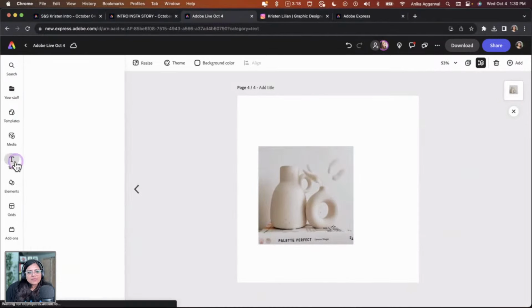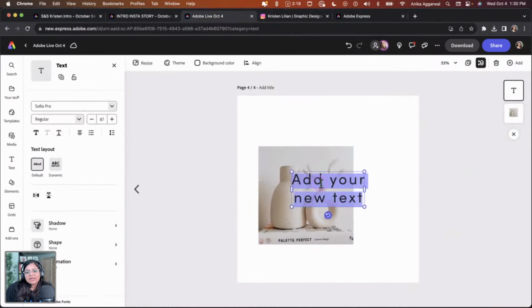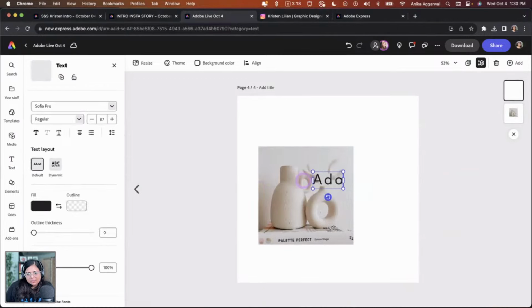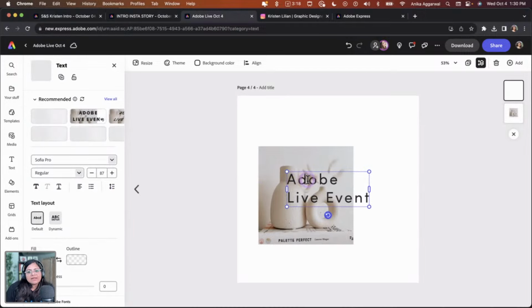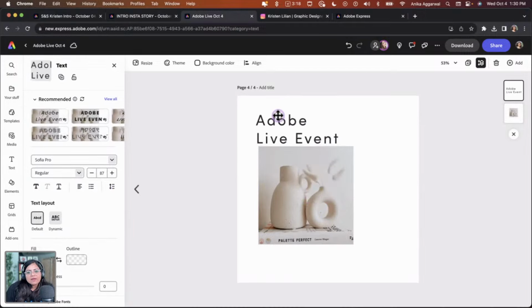I want to add a new text here. And I'm going to say add your text. Maybe I want to market some of the things, right? So you're working with your brand and you want to create something for your Instagram when you're doing an Adobe Live event. So I'm going to create that here and then I can go ahead, bring it up top